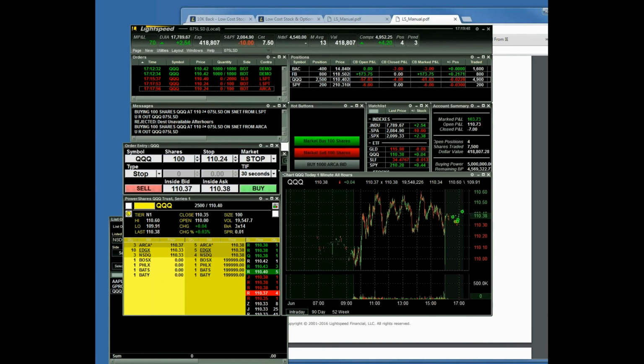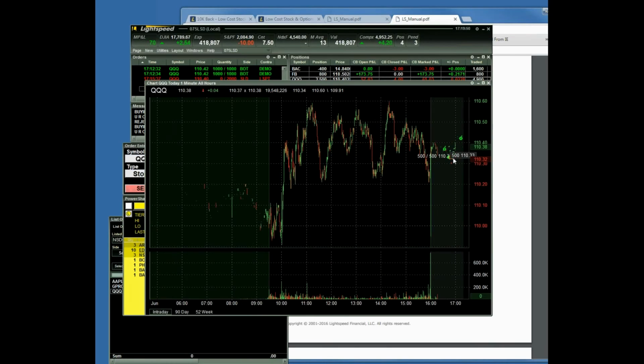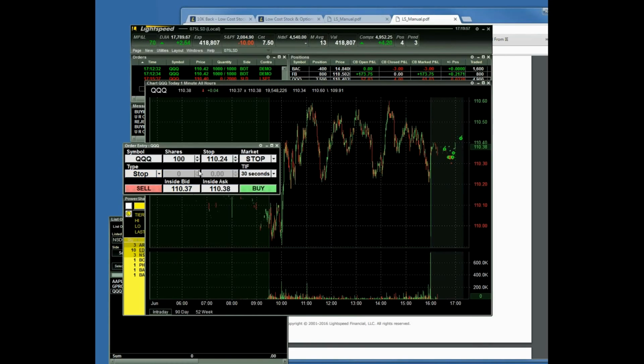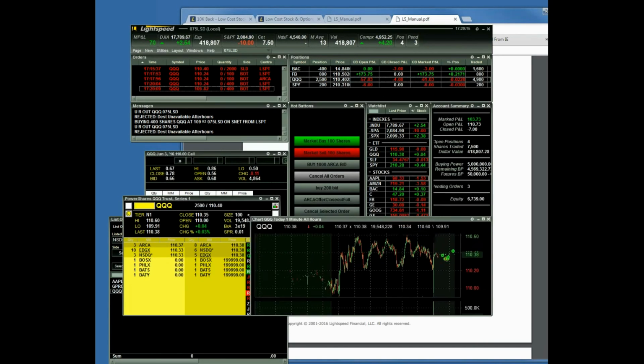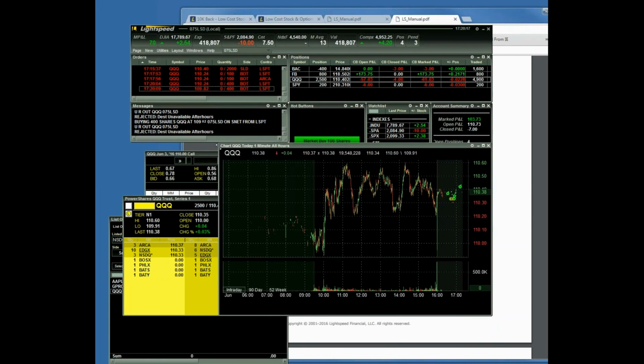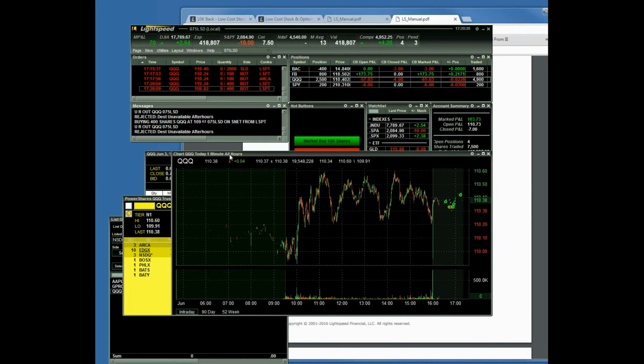So you can see here on my intraday, I have my green points and my red points all showing my buys and sells. If I place a buy order, let's see, sorry, it looks like I'm putting the wrong